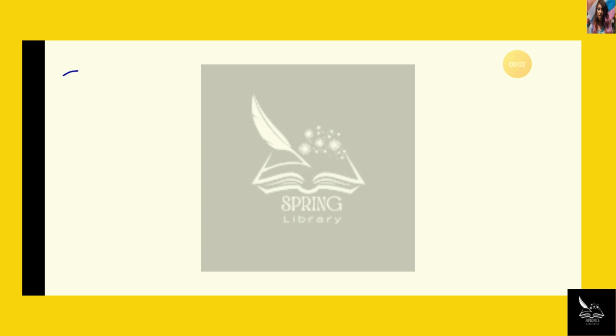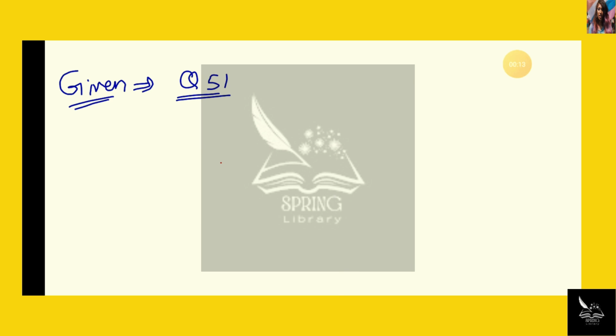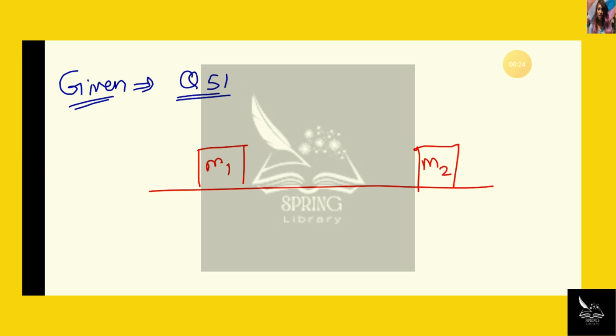In this question, it is saying that first refer to the previous problem, that is question number 51, and after it do some correction. So first I will take question number 51, which says that there is a ground surface, and on this surface there are two blocks, the first block having mass m1 and the second block having mass m2. In the question it is saying that both blocks are connected by a spring, and the spring constant is given, that is k.